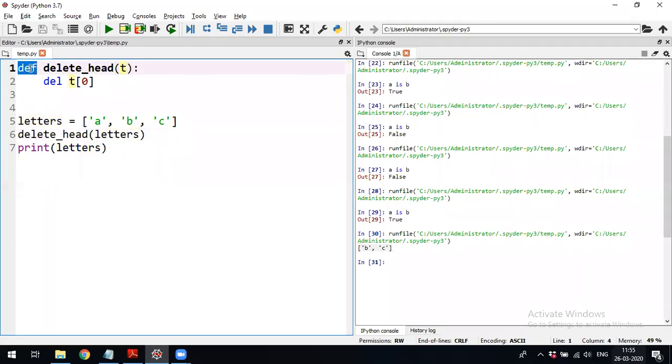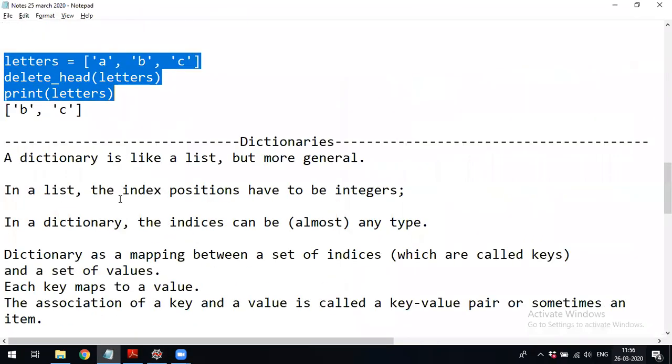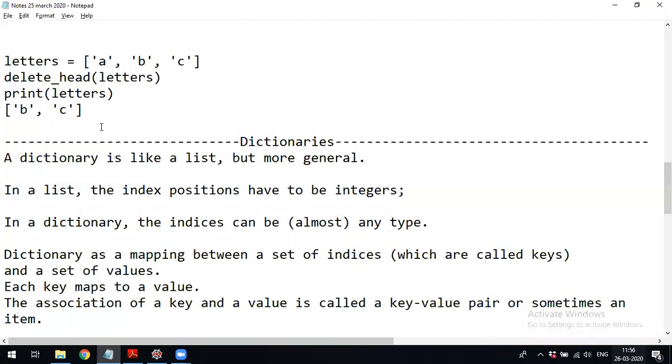How to create a function? A function starts with the def keyword followed by the function name within small brackets. In the small brackets, any arguments, if there are any, you can directly pass, then a colon, then indentation, then the following statements. That is what is there in that chapter called list.